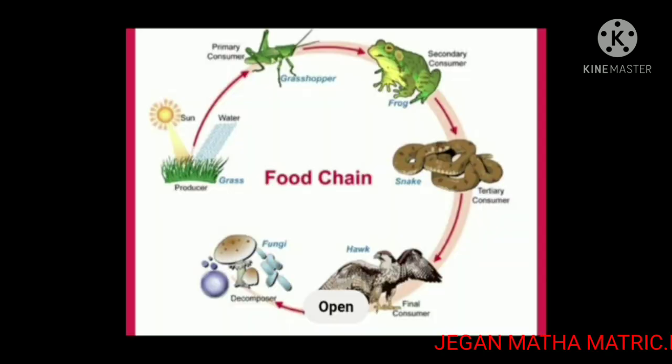First, we are going to learn about food chain in detail. In this picture, you see the food chain of a living organism. A food chain represents a series of events and consumption in which food and energy are consumed from one organism in an ecosystem to another. Food chains show how energy is passed from the sun to producers, which refer to plants, from plants to consumers, and from consumers to decomposers such as fungi.